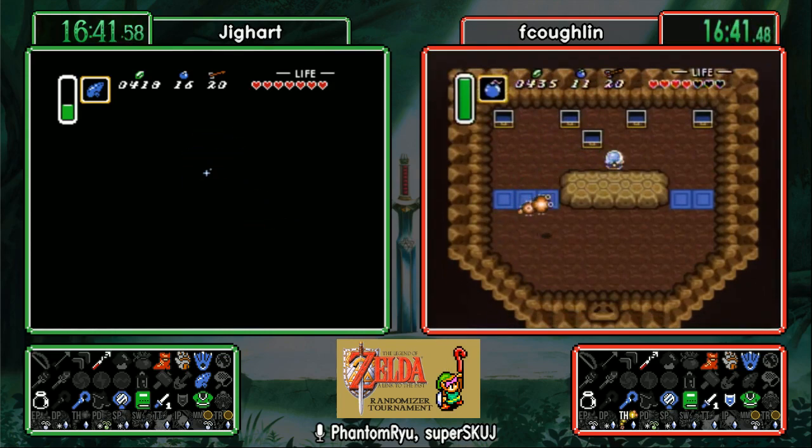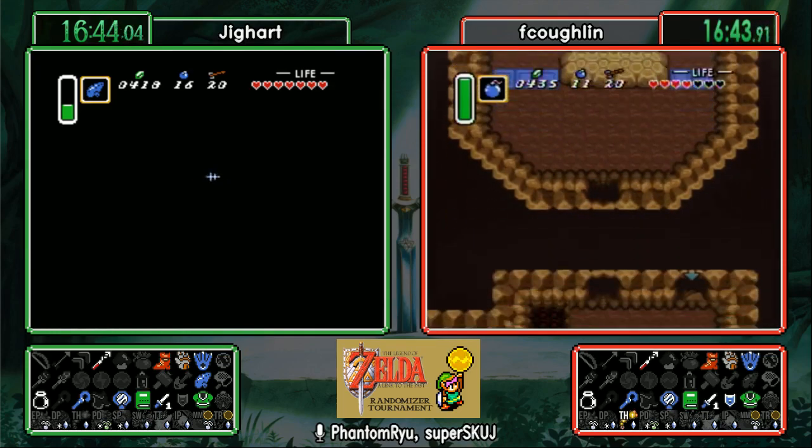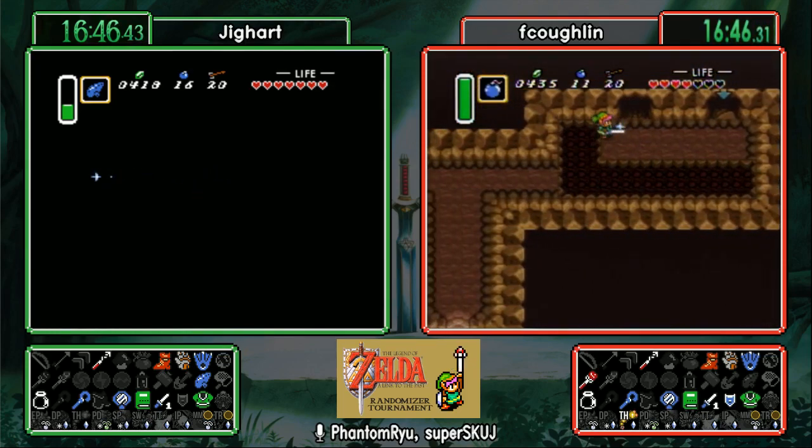Yeah, the fire rod. Fire rod! Alright, now Desert Palace is now completable. Yeah. Yeah, the Moldorms, they'll do like